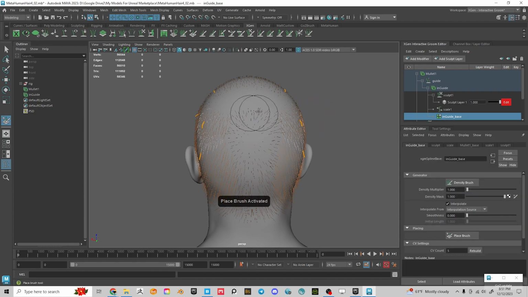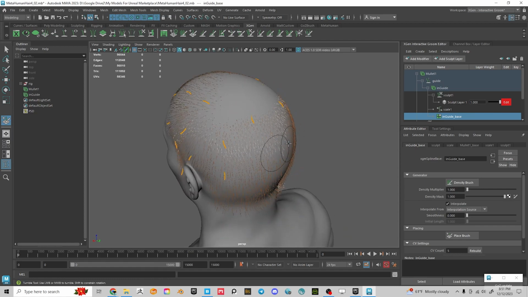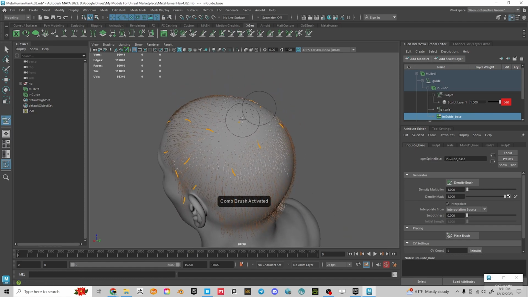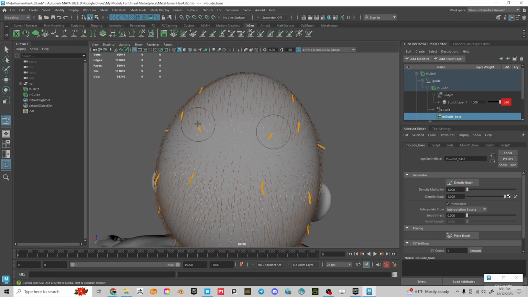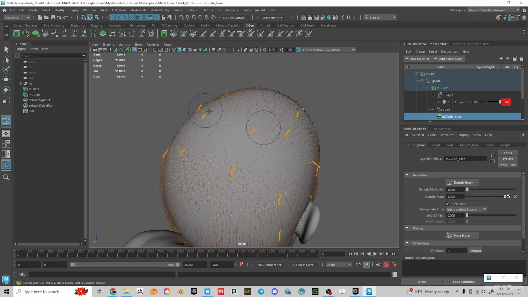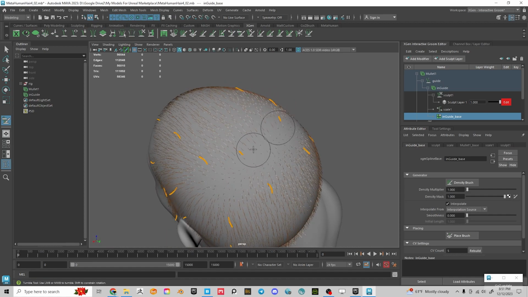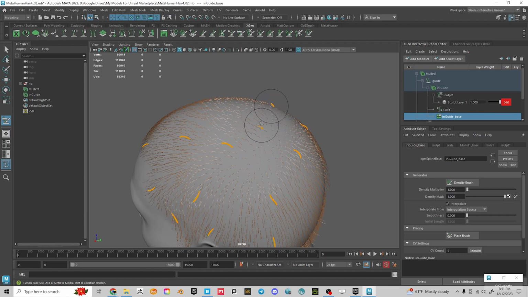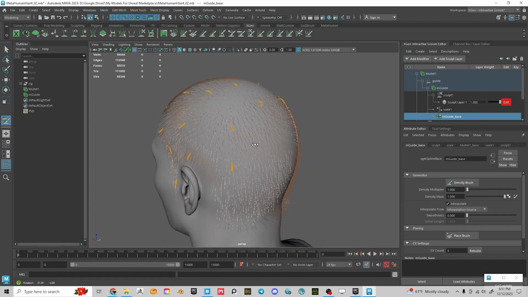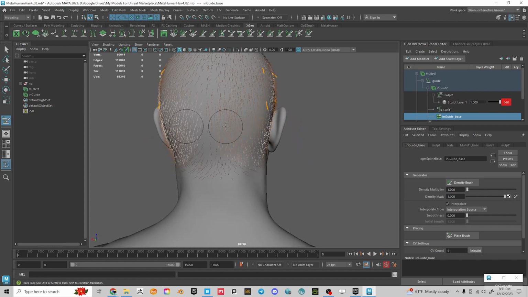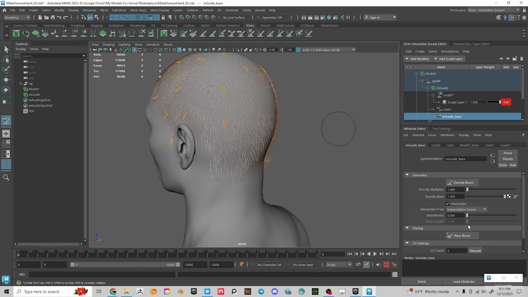I'll go ahead and hit my place brush again, and we've got our interpolate. See that bald spot right there? Just want to get some guides up in that bald spot so that we can get this hair out. These guys. Okay. We're looking pretty good. Let's create another set of guides down here, and we're going to start making the hair